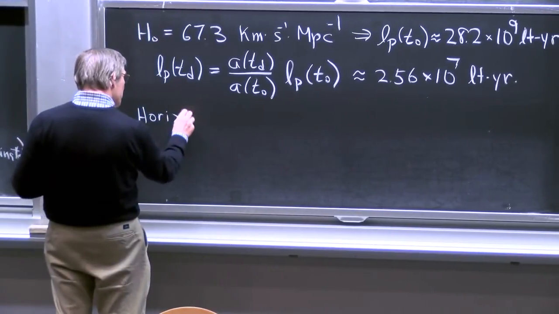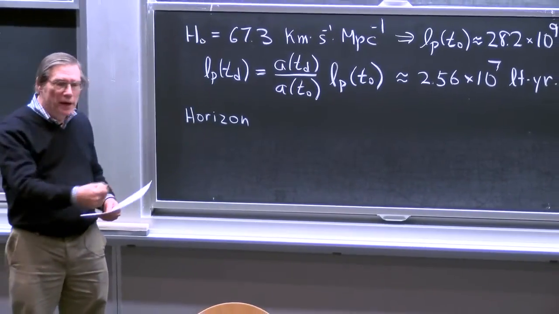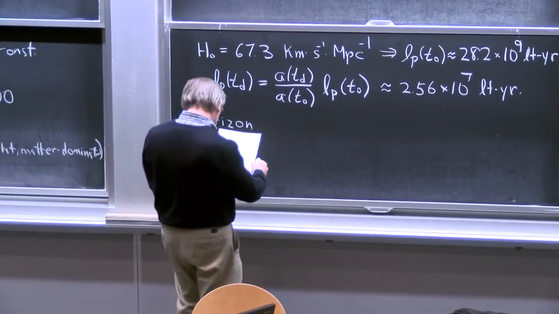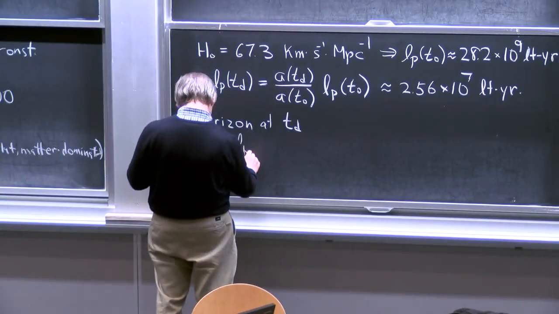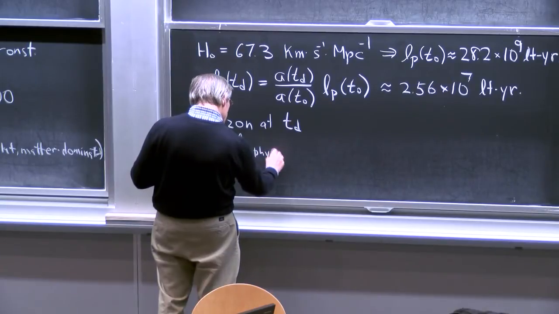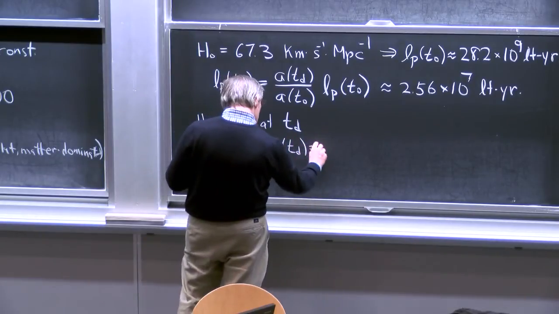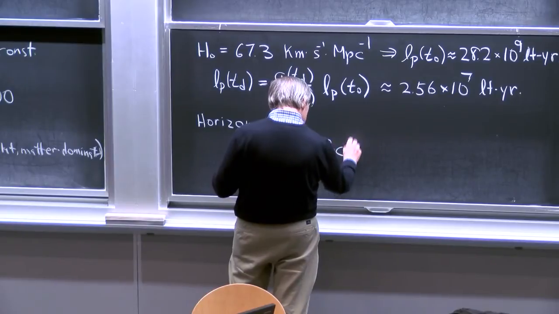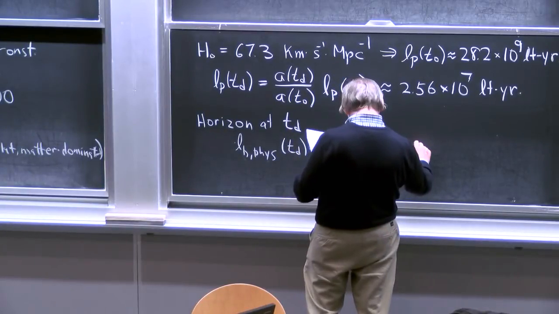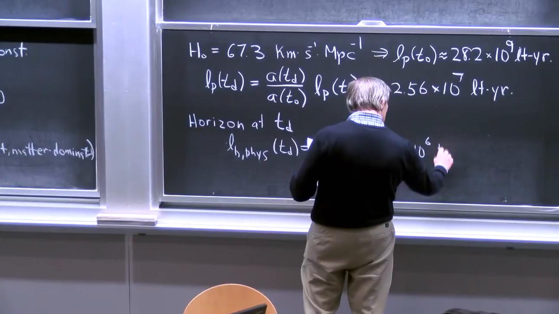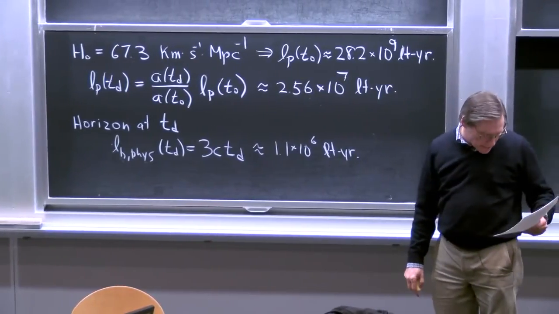And remember, the horizon distance is the maximum possible distance that anything can travel, limited by the speed of light, from the time of the Big Bang up to any given point in cosmic history. So the horizon at time t sub d is just given by the simple formula that the physical value of the horizon distance, L sub horizon physical, at time t sub d is just equal to, for a matter-dominated universe, 3c times t sub d. And that we can evaluate given what we have. And it's about 1.1 times 10 to the 6th light years,